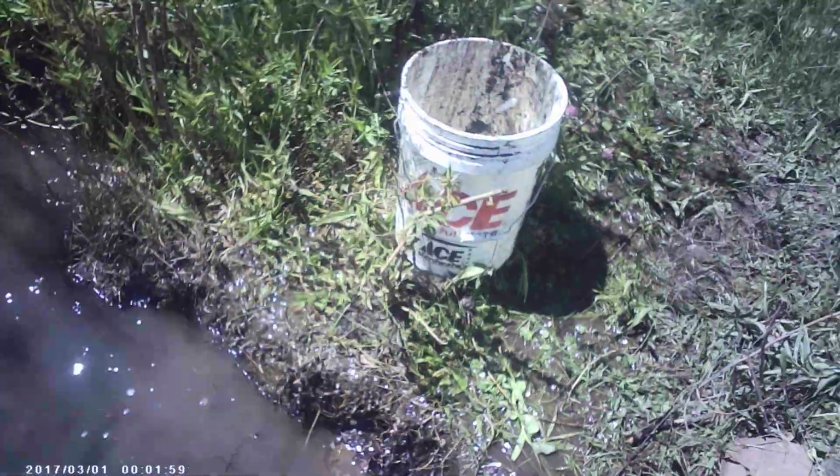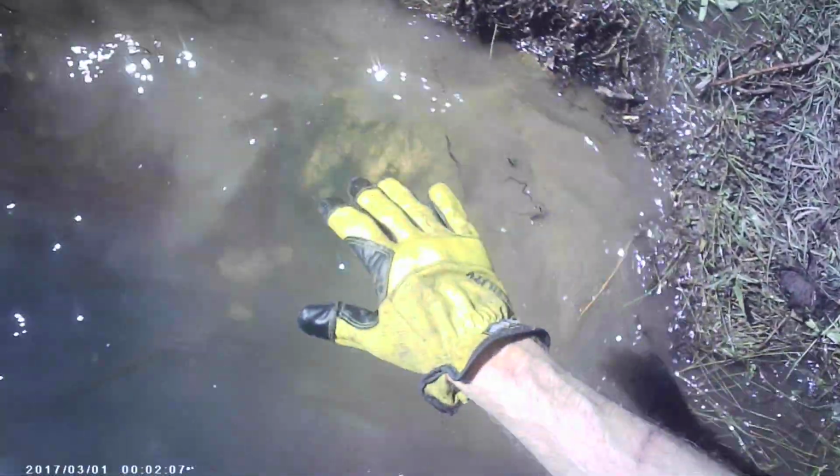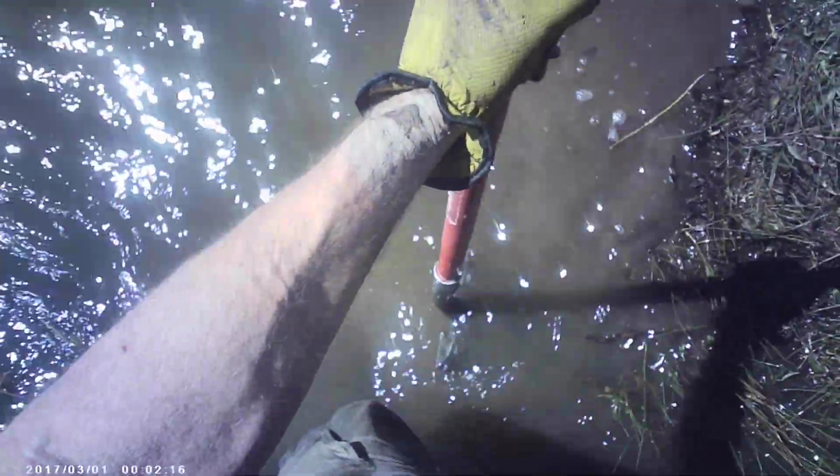We got this big rock that we're walking on. It's part of the bank. You can see the water is pretty high, but it's not as high as it was at high water mark. All of this stuff in here is fair game, these grassroots and all that. Although, because it's high water, that's the rule: everything that's below where high water mark is